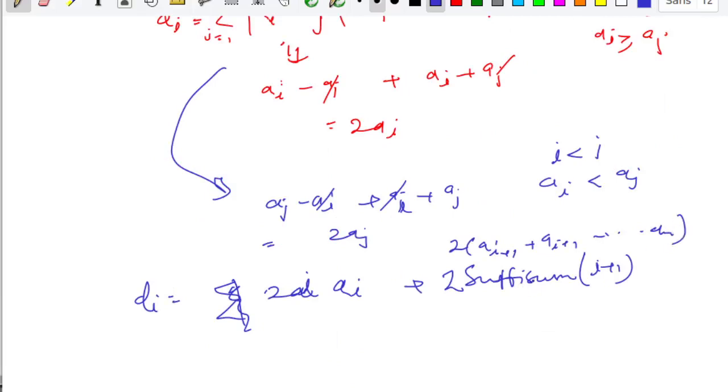So we can just maintain a suffix sum array to directly get this sum.